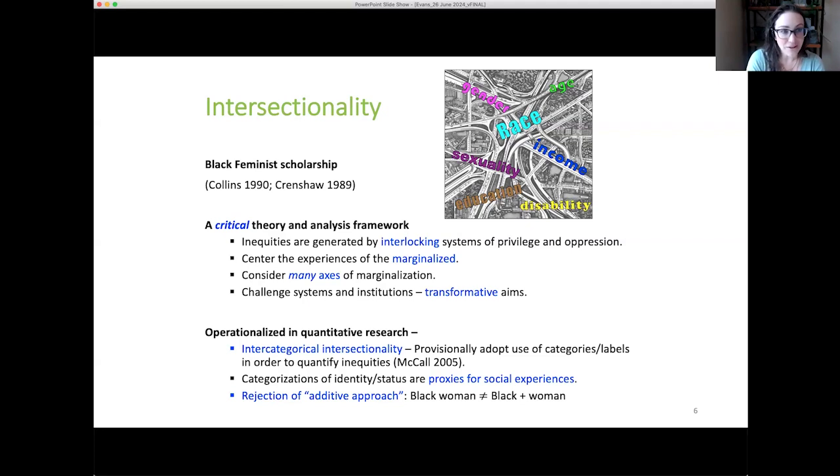And very importantly here, in a quant world, we are explicitly rejecting an additive approach. So if we're interested in quantifying some health status for Black women, for instance, it's not enough to just add up the effect, quote unquote, of being Black and being a woman. You need to have an interaction term of some form in there. So you can have a unique estimate for Black women and not be assuming that the inequality gap is the same for Black women versus Black men, for instance.